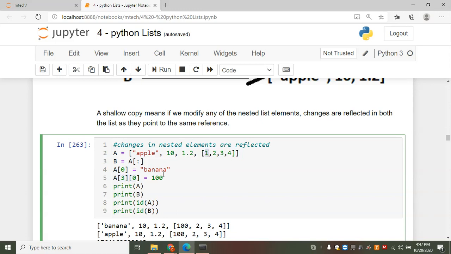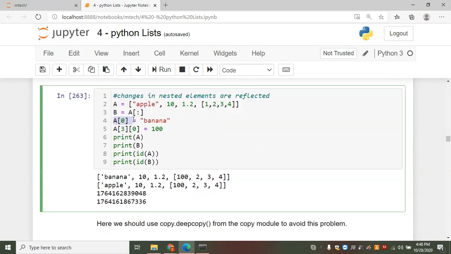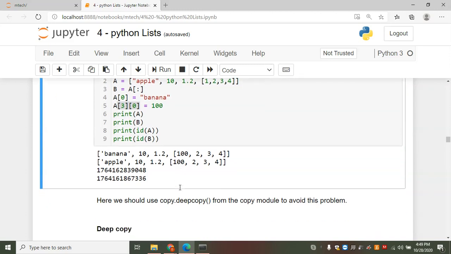I'm trying to change this 1 to 100, and I'm checking A and B. Whatever I updated in the zeroth element got updated in A only, not in B. But whatever I updated in A[3][0], that is in the nested list, got updated in both A and B. This is the problem with shallow copy.